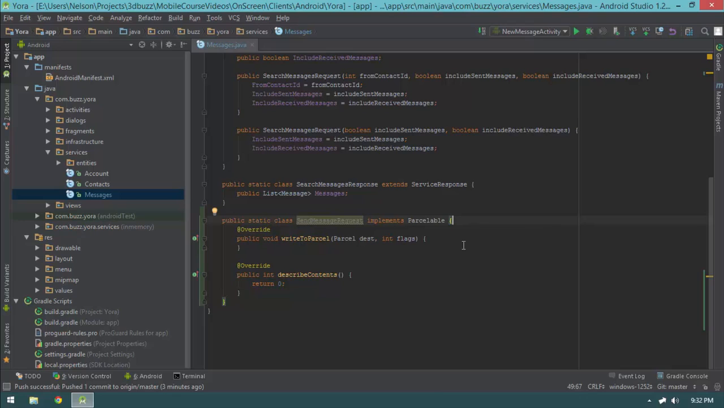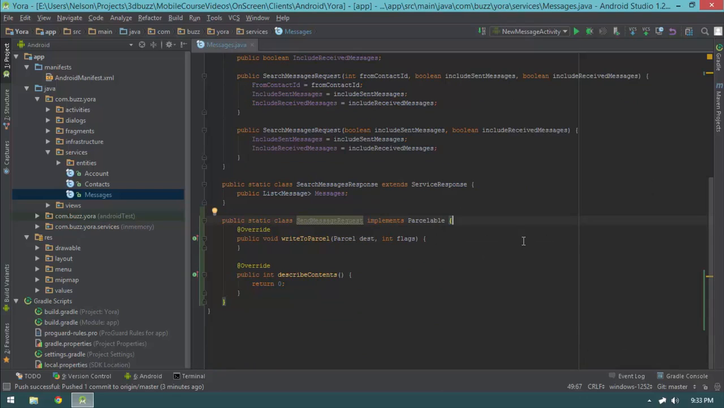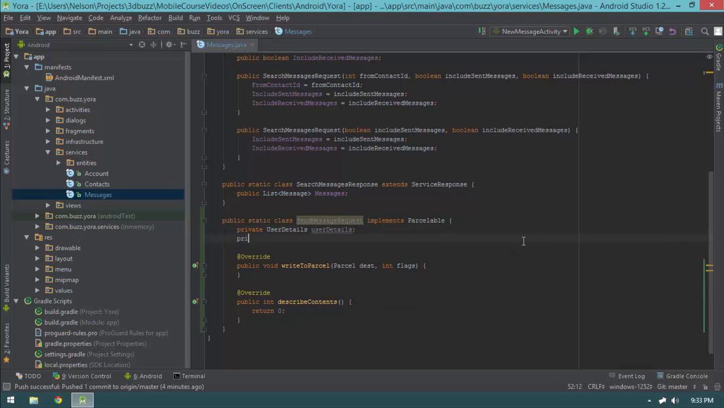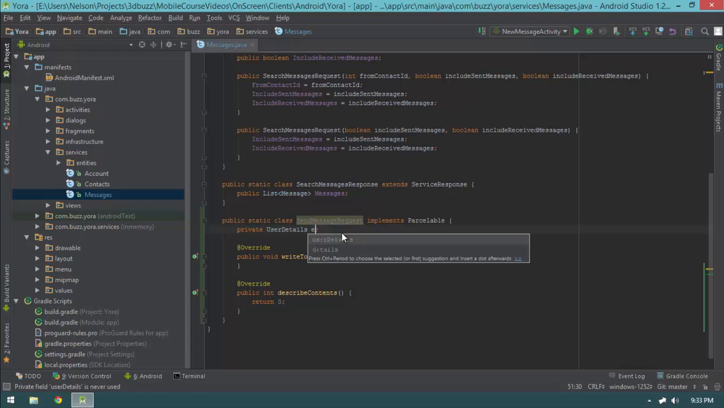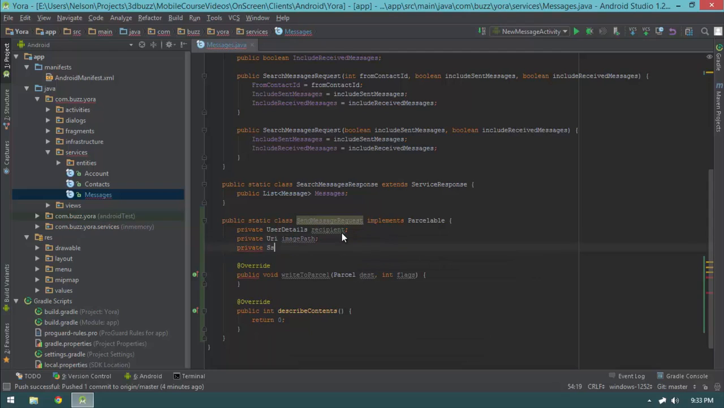So I'm not going to write it like I did these other requests where we have public fields and then a constructor that requires us to fill in all those fields. Instead, I'm going to write it more like an entity, where it has private fields and then getters and setters for its values. So I'm going to start off with its fields. I'm going to start with the user details, and I'll call this, well, that's not a very good name. We'll call this recipient. So that'll be recipient, and then we're going to do private URI imagePath